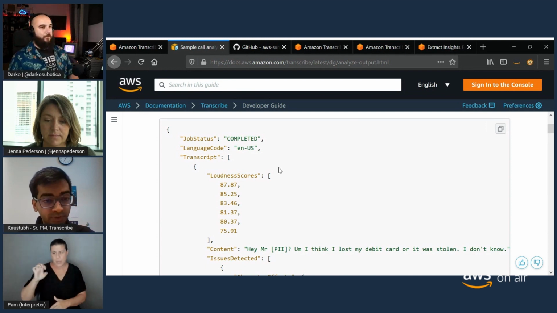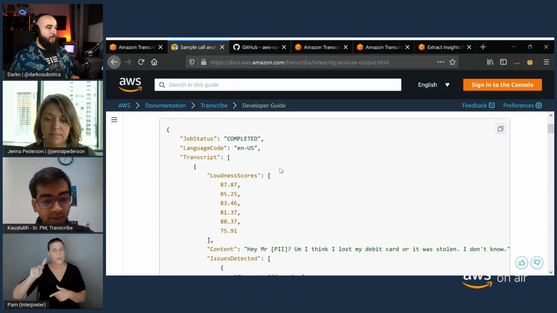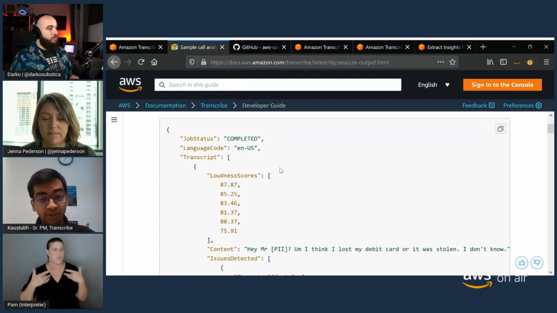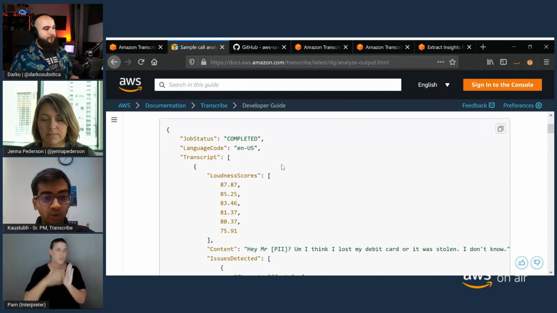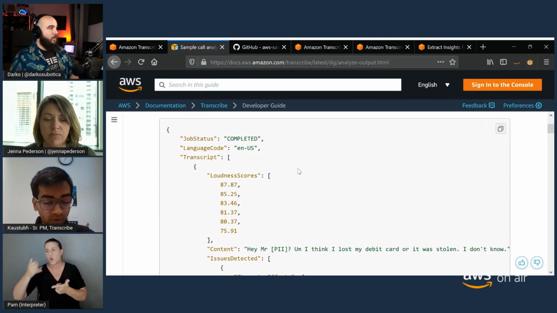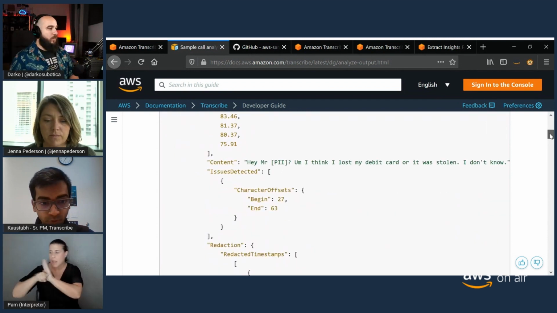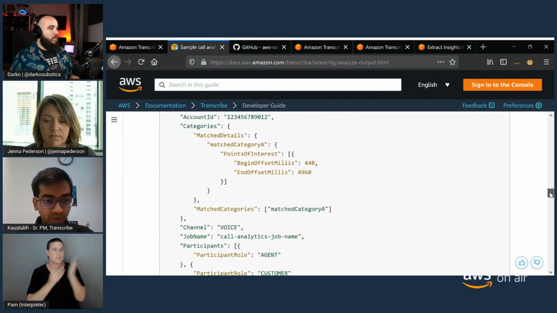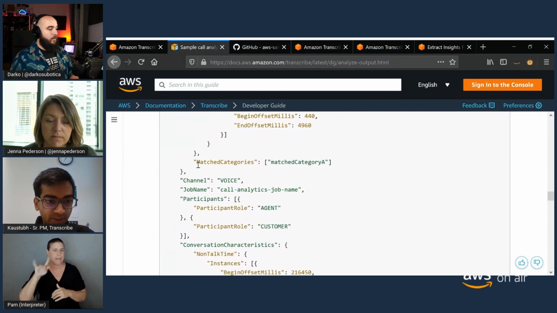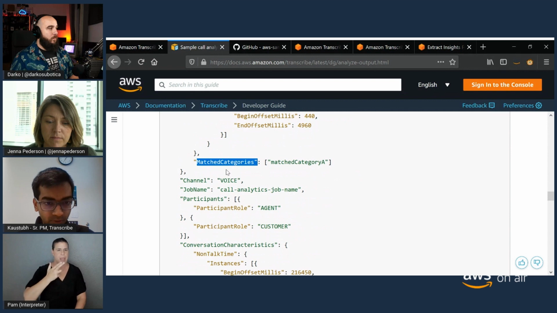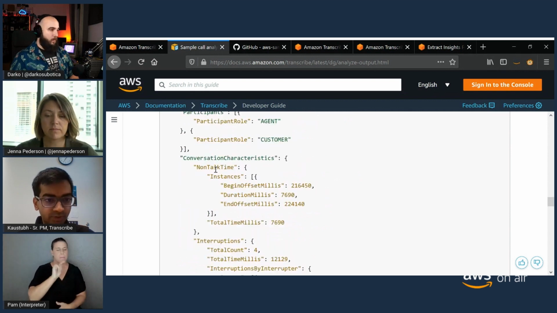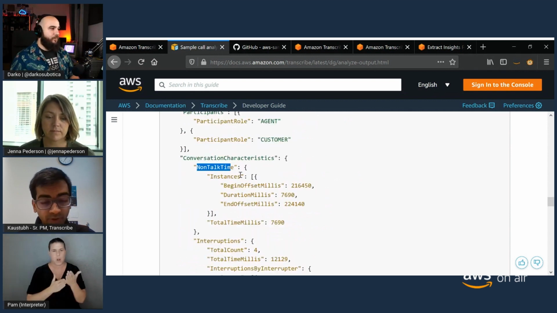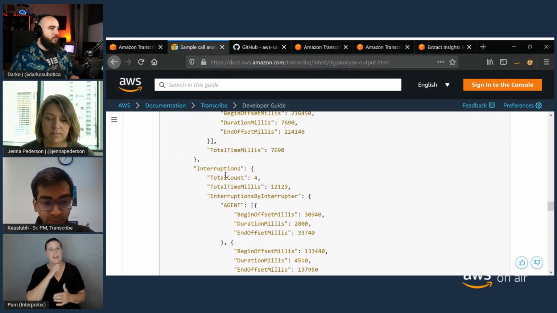You can use Amazon QuickSight and create trend graphs of sentiment for calls from week to week, month to month, and really track what's going right, what's going wrong. Let me show you how some of this rich metadata shows up here. You have these match category entries that tell you there was a match category in this particular section. We give you a bunch of different conversation characteristics, things like non-talk time, interruptions,